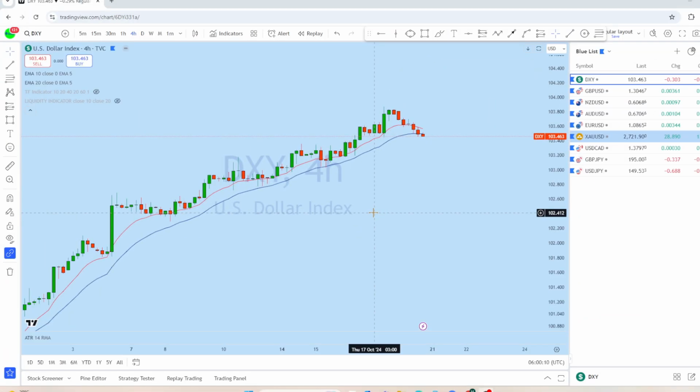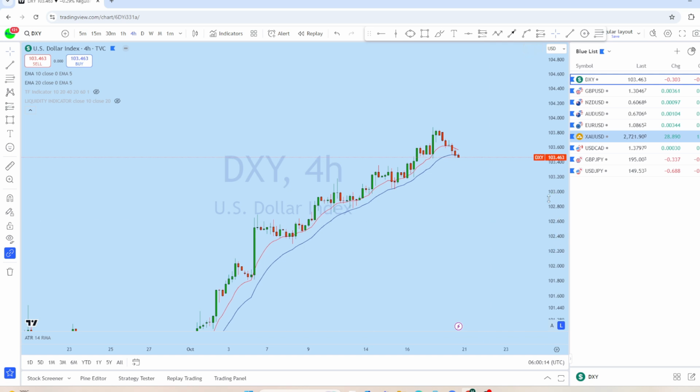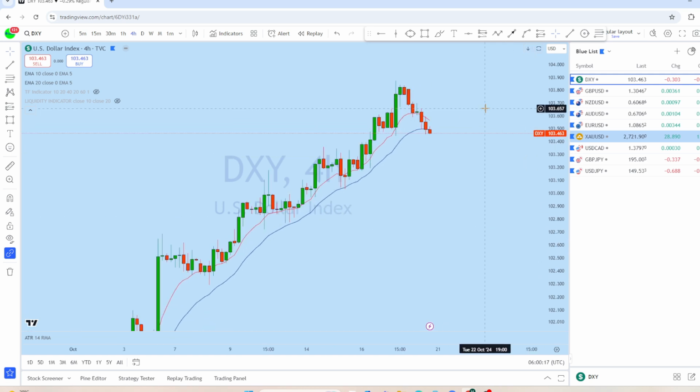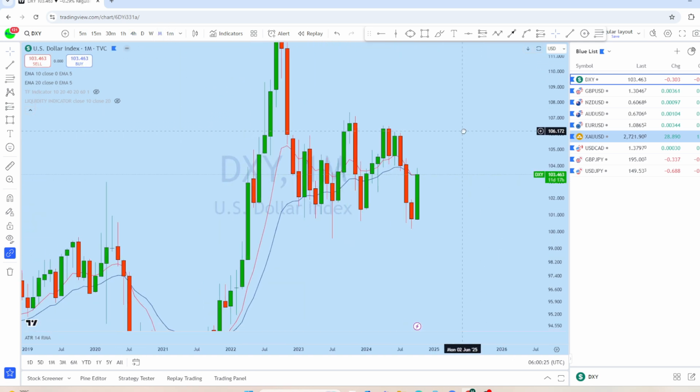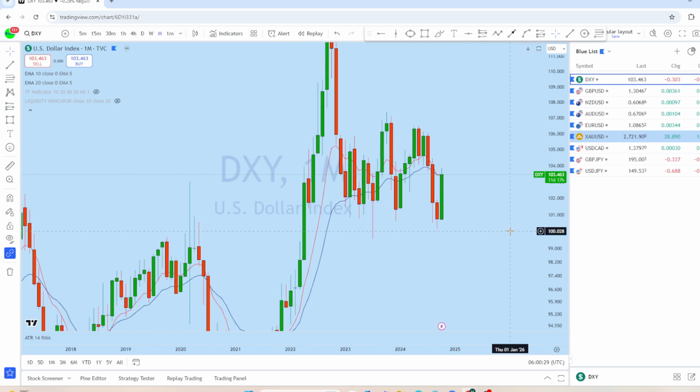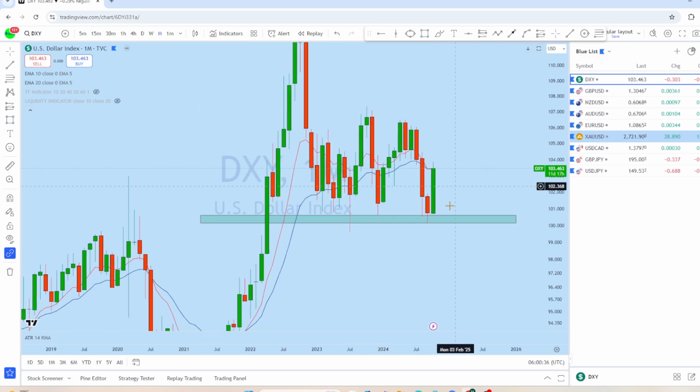Okay, traders, so let's begin with DXY, as DXY will give us clear direction about most of the USD pairs, including gold, and then we will be looking at other instruments as well. Starting with DXY, beginning with the highest time frame, looking at the monthly chart to see the overall picture in the market. Now from the monthly, as expected, we can see that after retesting this monthly support, DXY managed to bounce